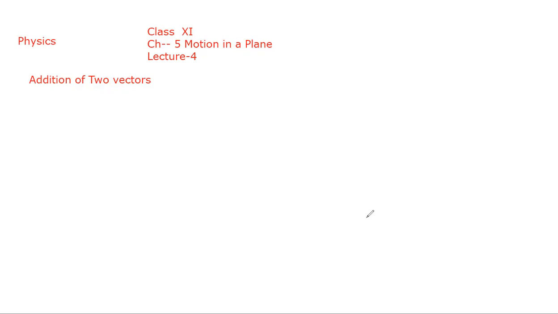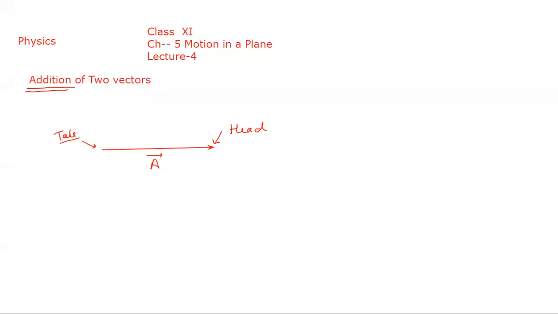Good morning, dear students. In today's lecture, we will discuss what the addition of two vectors is. In this video, we discuss the addition of two vectors. Before this, we introduced the representation of a vector, like this. This is vector A, in which this arrow represents the head and this represents the tail. Head and tail are clear to all of you.